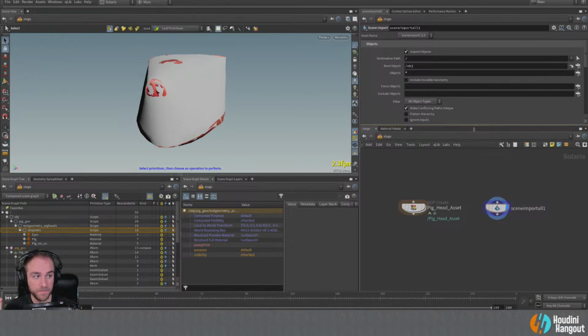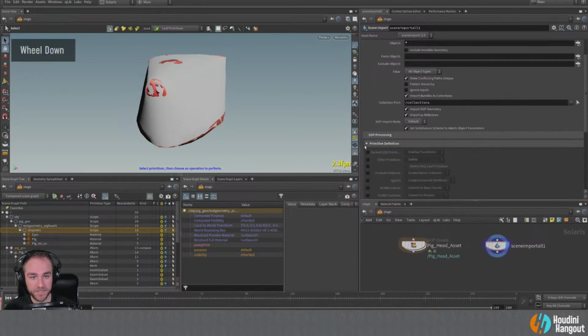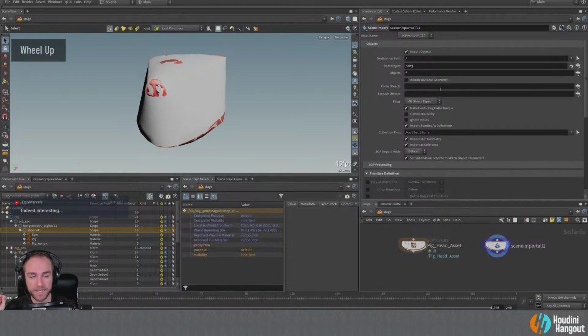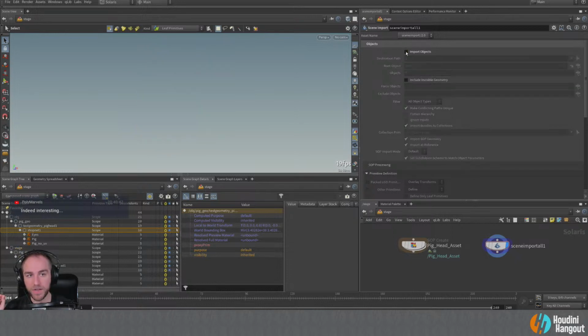So what I'm first going to do is I'm going to change, let me just see here if this does anything. Yeah, so the one thing that's different here is that this is trying to make a component called PigGeo, because that's the asset, the node that I'm bringing in from the scene import all. And let me just see here. So this should turn off importing objects.